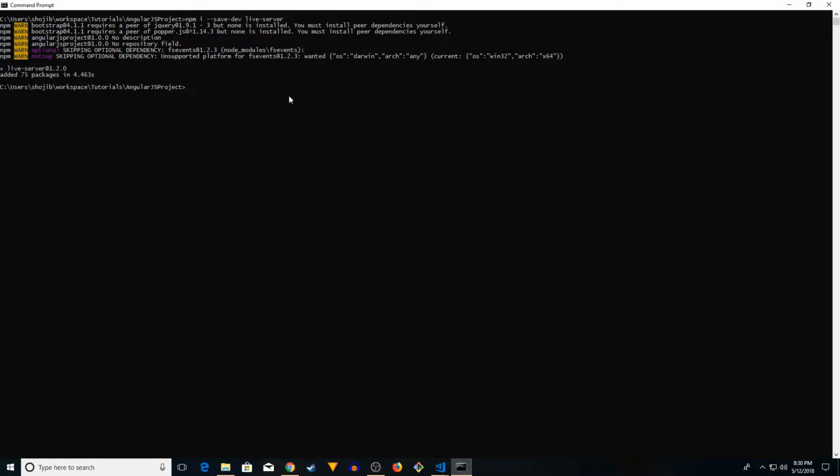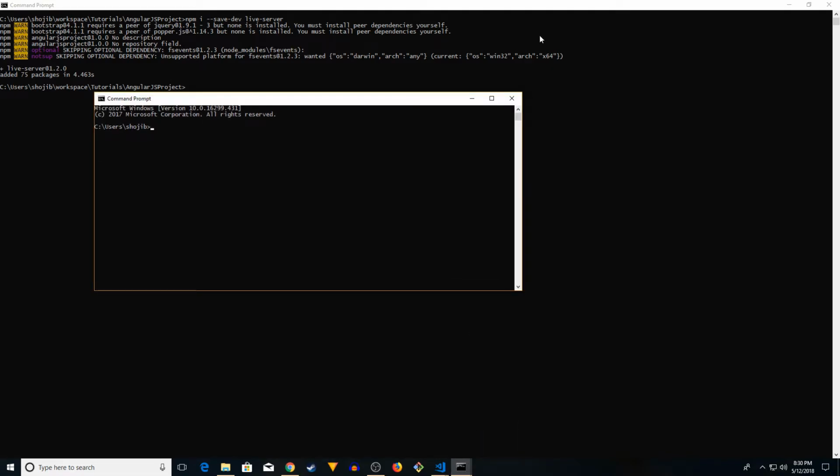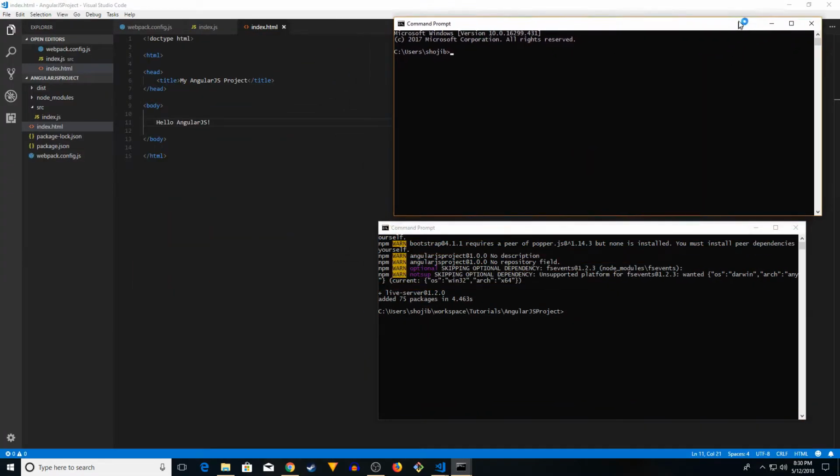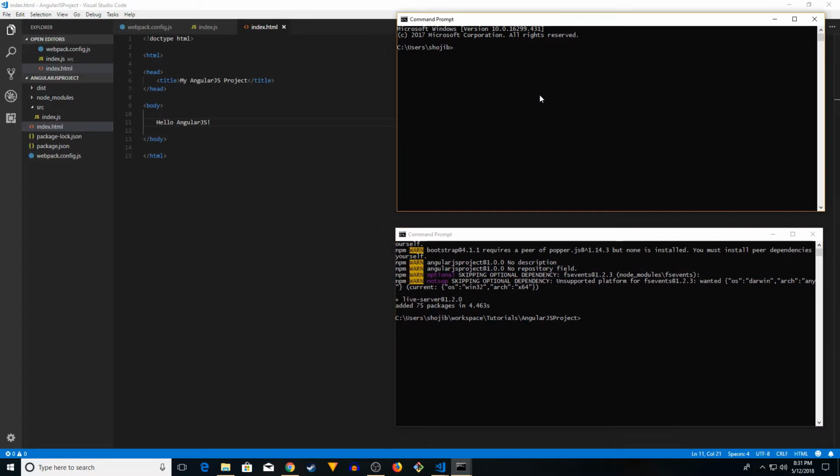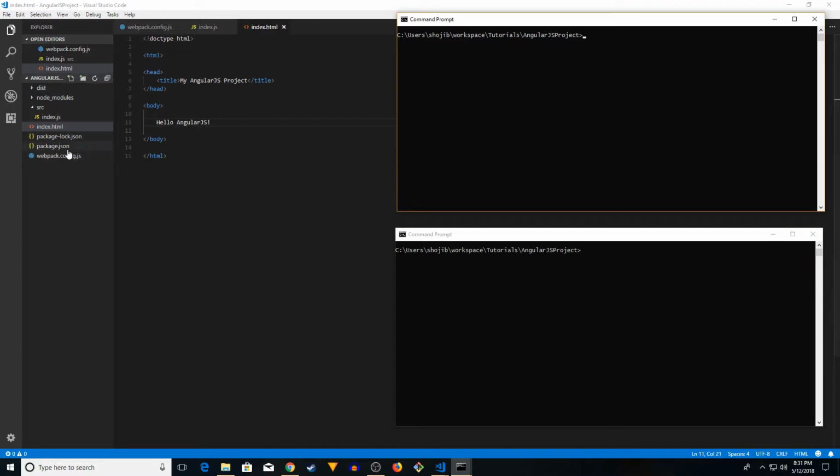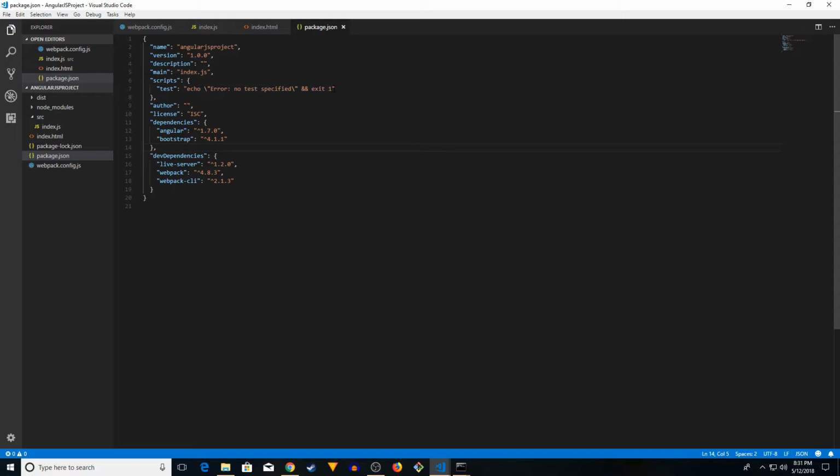So let's run this first. Okay, so now we will need two command prompts. You can also use two terminals. I'm going to keep this small, keep it here. Okay, let me go to the workspace tutorials, Angular project. We can also do one more thing. We can add scripts here. This is going to be watch, so we can say